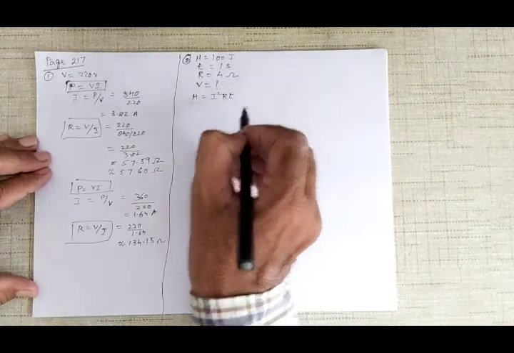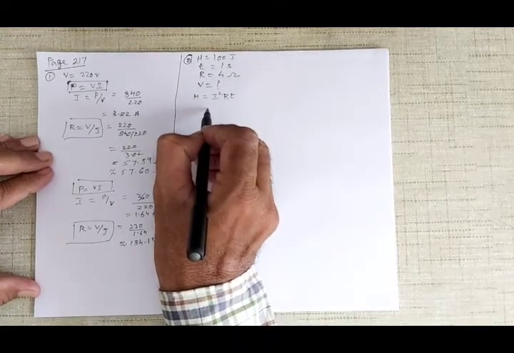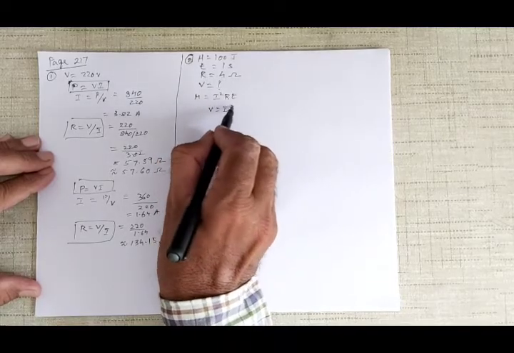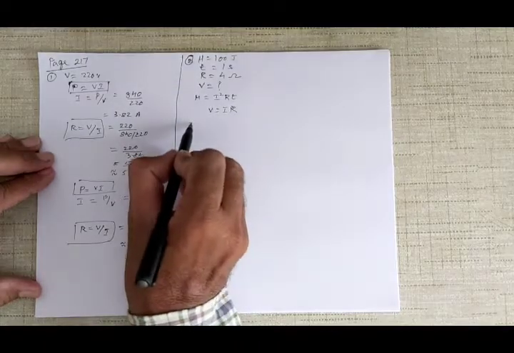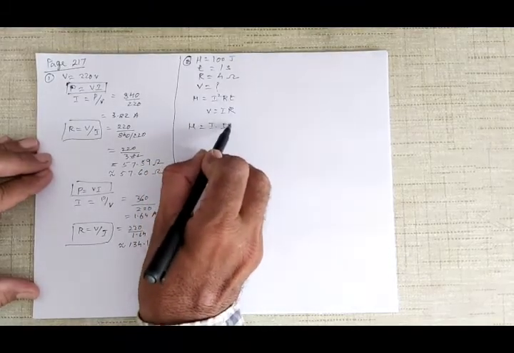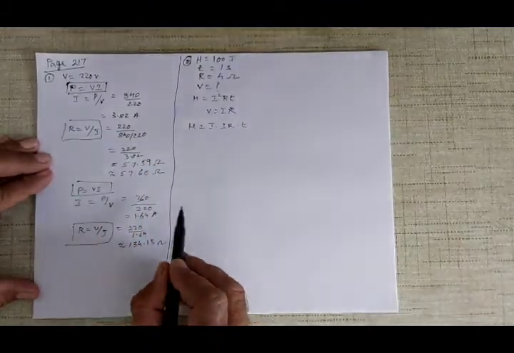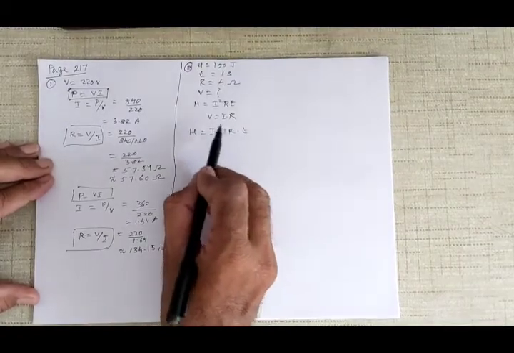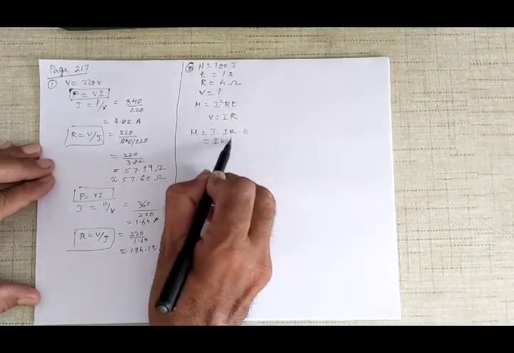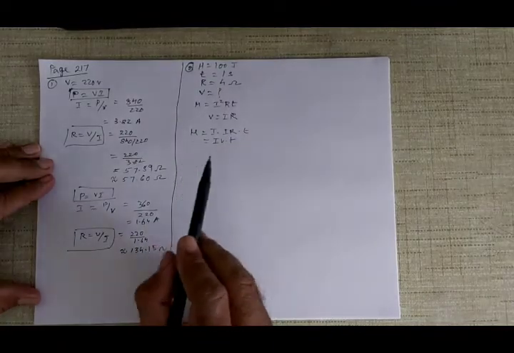According to Ohm's law, V is equal to I into R. So I can substitute in H is equal to I into IR into T. I have written it two times, but IR is equal to V. So H is equal to I into V into T. Now what are we given here?